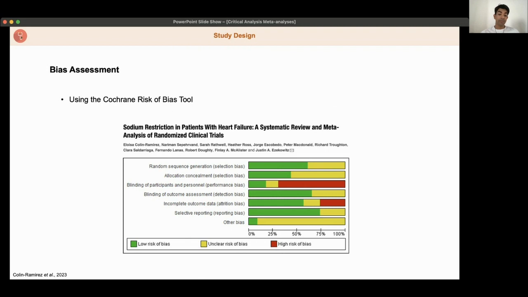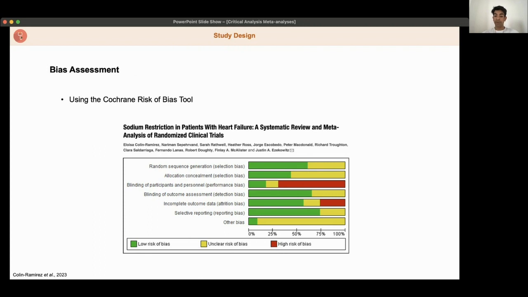Studies might have attrition bias that you've included, but they might have accounted for it already there. So it's not as big of a deal as some of the other ones. For example, in this study, there's a lot of red regarding blinding of participants and personnel. I would consider that quite an important area because one of the fundamental aspects of a randomized controlled trial is blinding of the participants and personnel, so you don't get any measurement bias or any other sort of bias, performance bias, like they've said there.